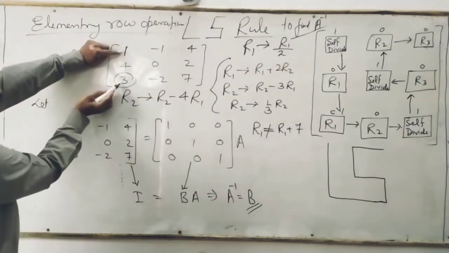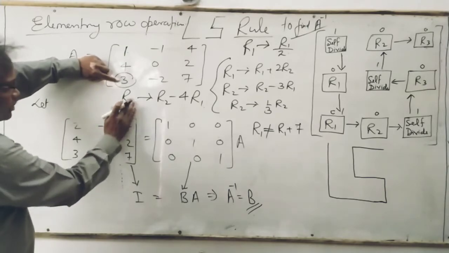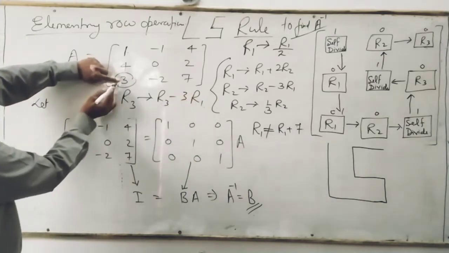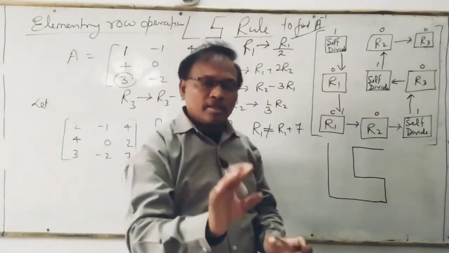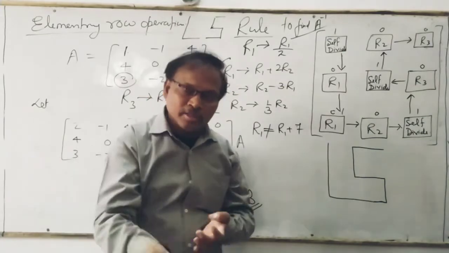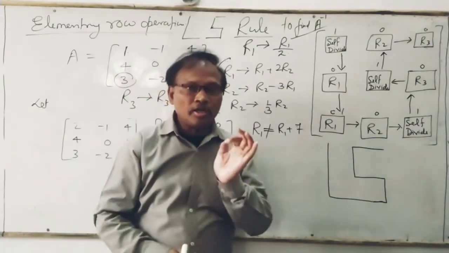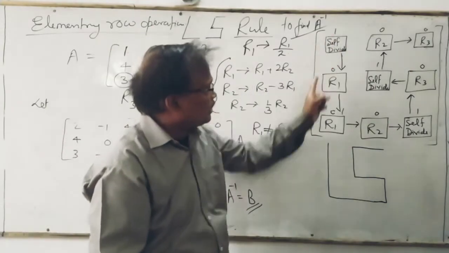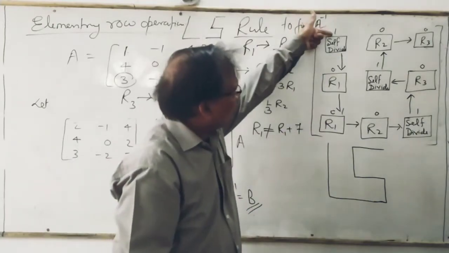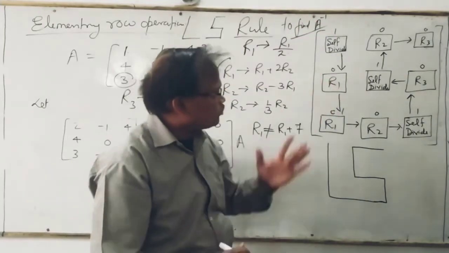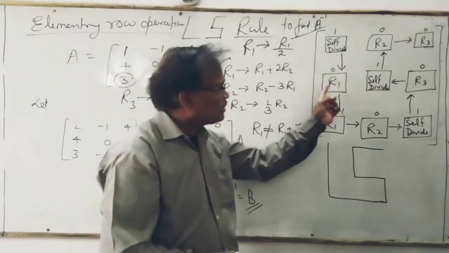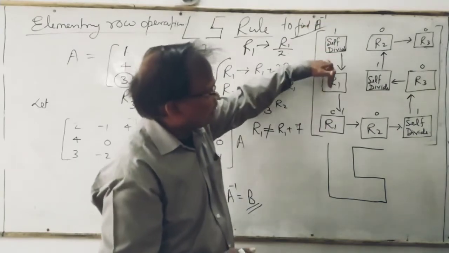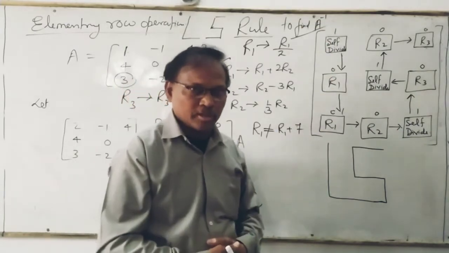So you have to change this one to 0. So now you write here R3 tending to R3 minus 3R1. So you will get 0 here. You don't see whether the other elements are coming as 0, 1, etc. You have to see the elements on which you are doing the operation, that the required elements are in the same order. Meaning this is 1, so this should not change. That 0, if you have taken the 0, then this will not be changed, and this is 0, then this will not be changed. What we are making will not be changed further.